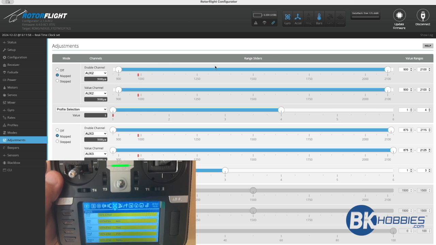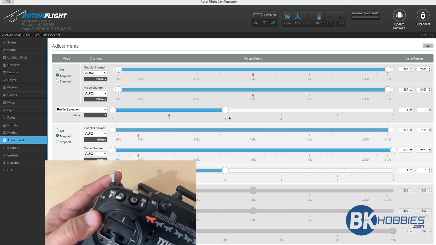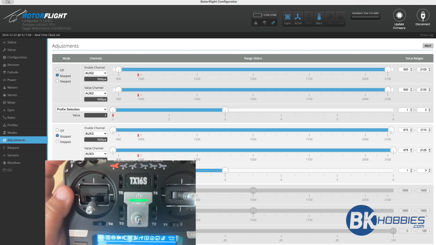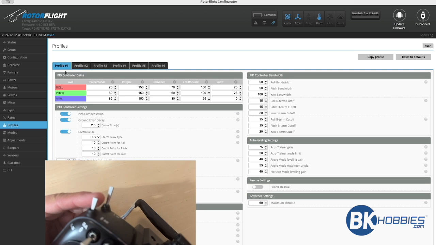So I create this white range on both sides, and then I have my profiles from 1 to 3, for example, right? So my profile changes when I move my auto lap switch. 1, 2, 3. And let me save the screen. If I go back to profiles, you can see that I'm in profile 1 with my